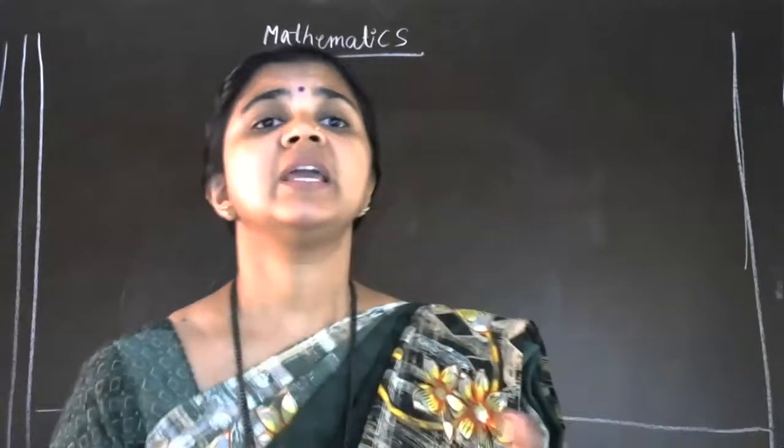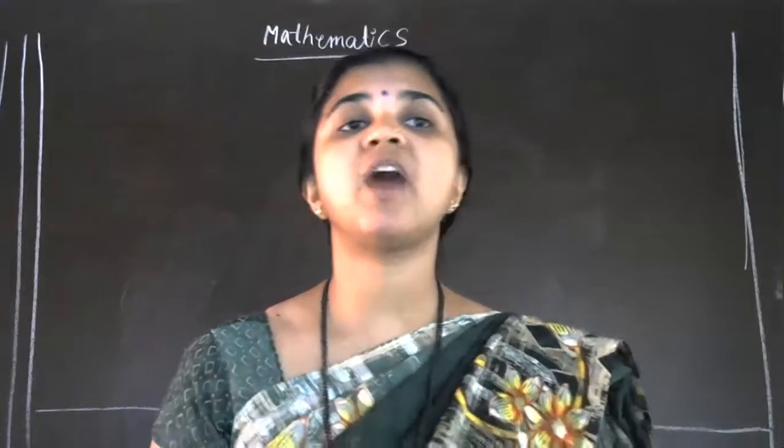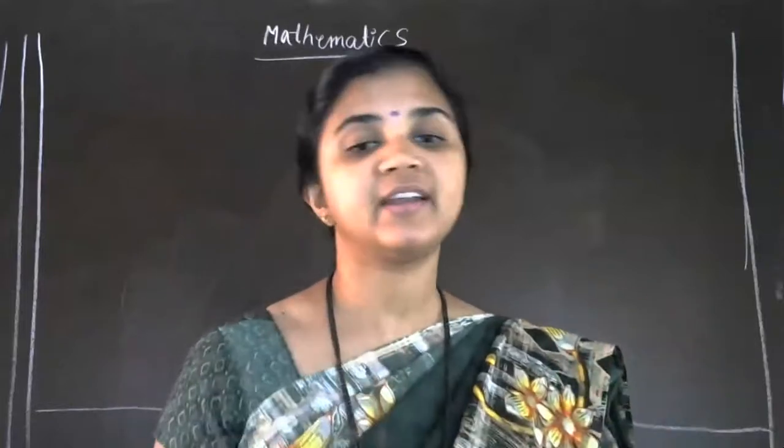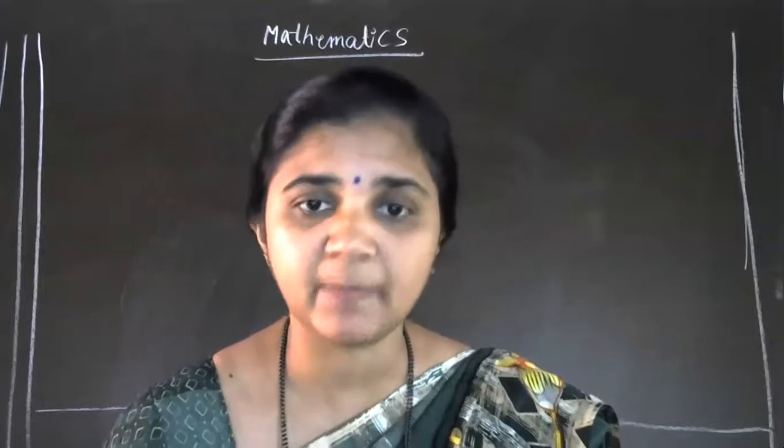Like this we have to match the 3 criteria, then we can say that the 2 triangles are congruent. Now, in the same way, today we are going to discuss the criteria for the similarity of triangles. How can we take the criteria of similarity of triangles? Let us see that. I'll share one page for you.